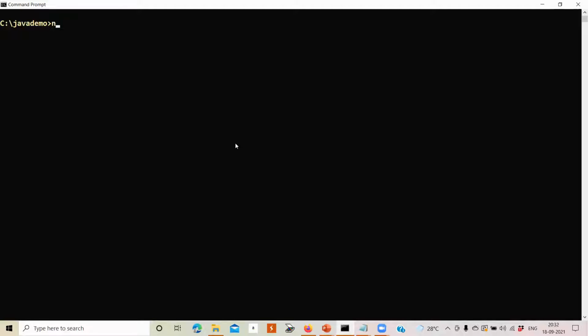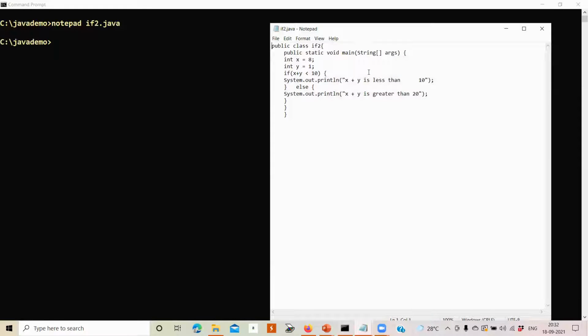I have already written the program, so now let me open it, notepad if2.java. Here we are considering the if statement. What is it doing? It is saying if the addition of x and y, here I've taken 8 and 1, is less than 10, then the first statement will be run.